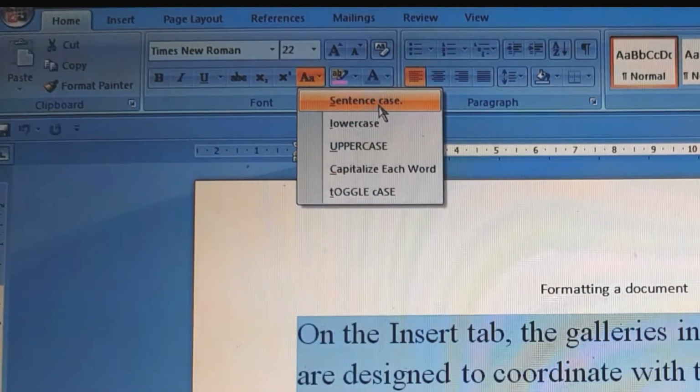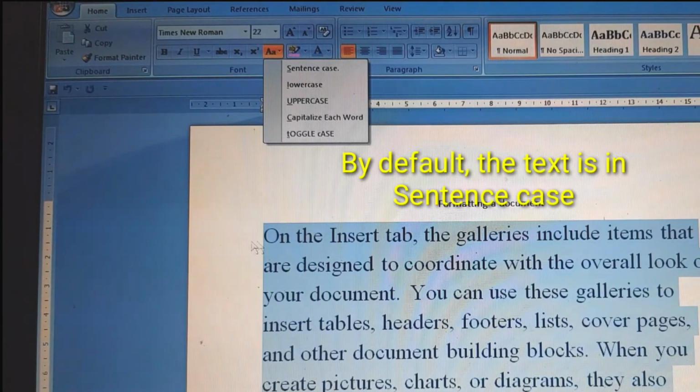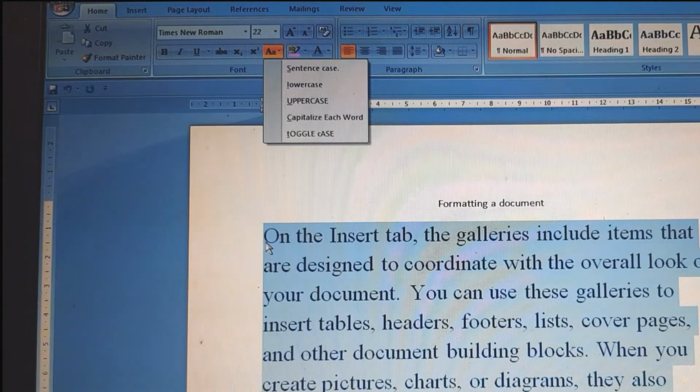By default, the text is always in the sentence case. Your English teacher might have told you that whenever you start writing any sentence, you always write with a capital letter. So here you can see that the sentences on both these lines start with a capital letter.